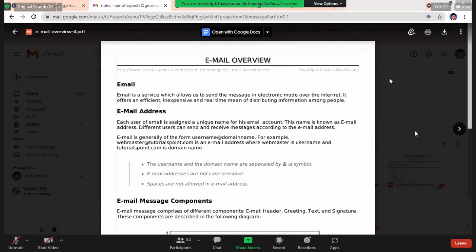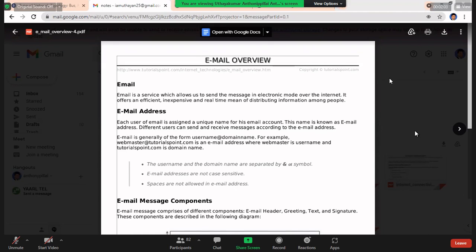So in email, we can send a message globally, with no payment and very quick service. The particular person is also receiving that mail. When he receives the mail, he can get an alert in his inbox, when he is using a mobile phone or a laptop. So these facilities are also included when he is receiving a mail, right? So in email, we can classify.